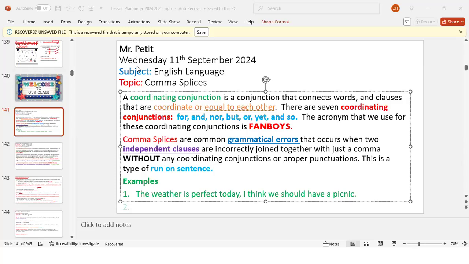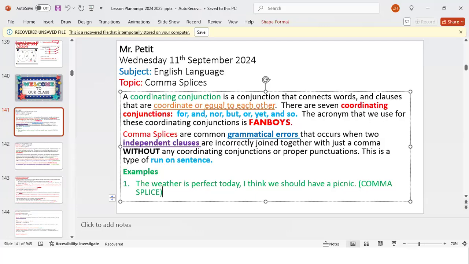If you think no, let me hear no. No, no, no. All right. So actually, this sentence is our first example of what we call a comma splice.